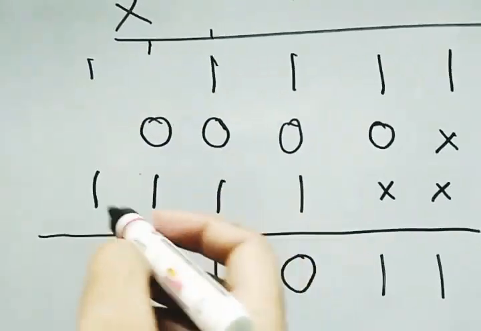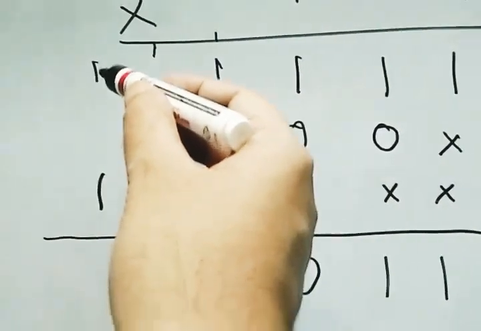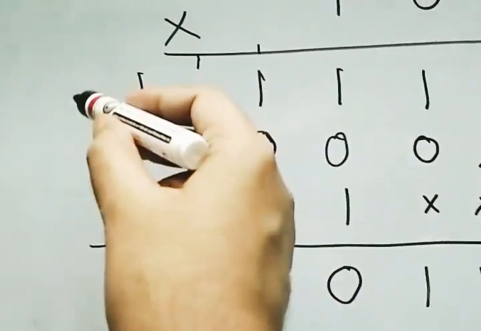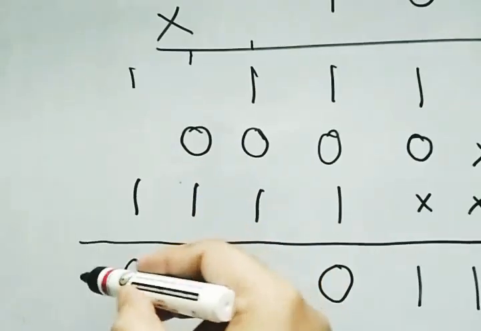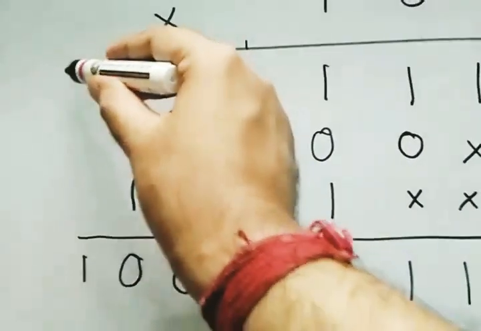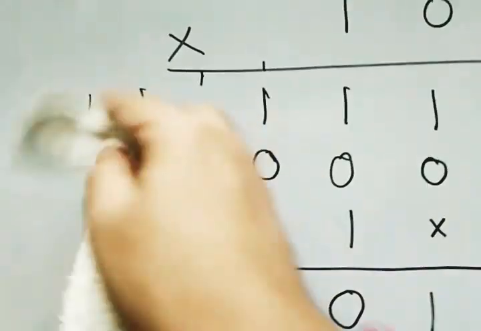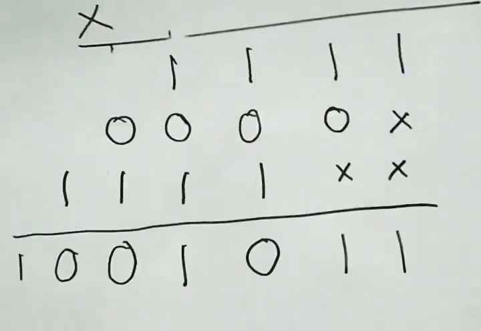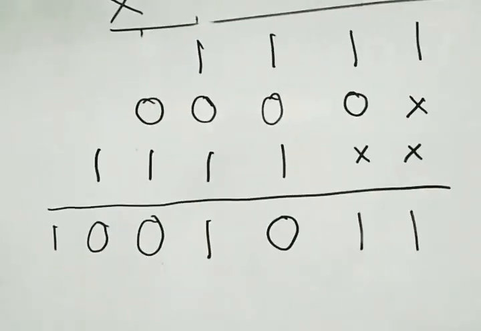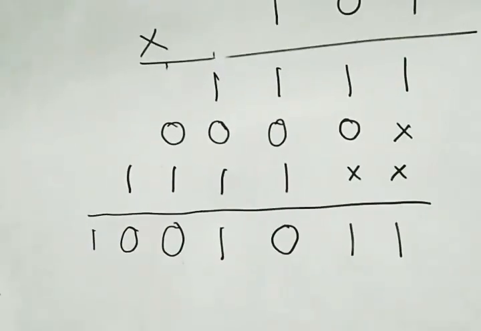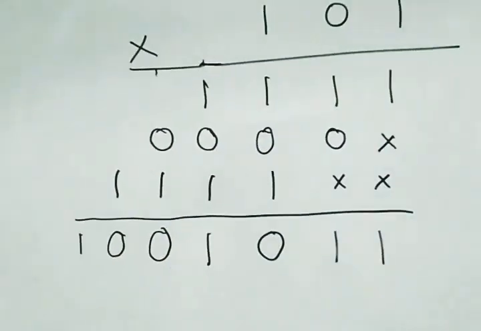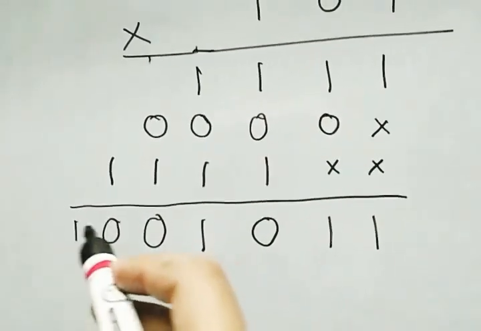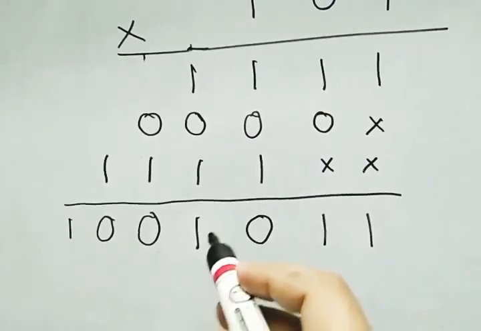In this last column only 1 was there, but a carry has also come here. So 1 plus 1 again we'll write here 0 and a carry 1 will be taken to the next column. Nothing is there in the left, so 1 will sit there because the carry was there. So after that you can remove all the carries. No need to write the carries when you know how to do it, but for understanding I have shown the carries. So now the result is 1 0 0 1 0 1 1.